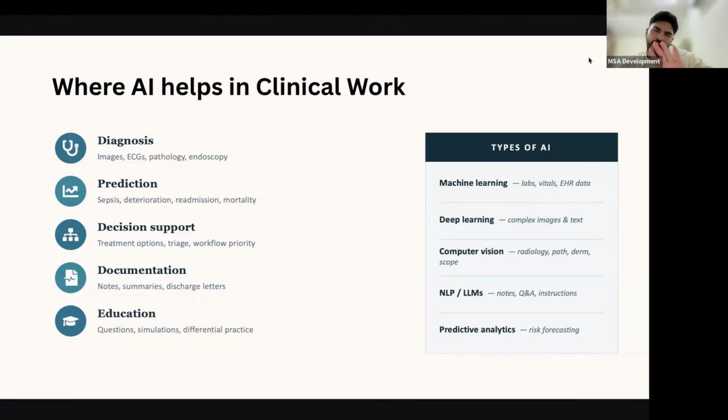But before I go on with how, let me discuss the types of AI so that you guys are able to understand what I'm trying to say. First of all, my personal favorite, and something that I've worked with personally, is machine learning. Machine learning is basically an AI tool. It's basically a software where you feed it data and you teach it how to analyze data, right? So it can diagnose, it can predict, it can tell you